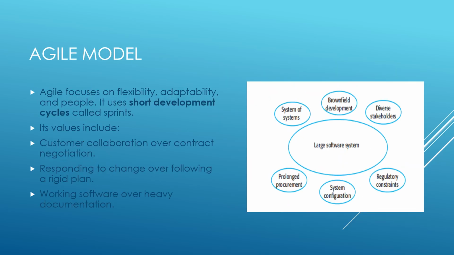The last one is the agile model, which is very popular today. Agile focuses on flexibility and adaptability. It uses short development cycles called sprints. Its values include customer collaboration over contract negotiation, responding to change over following a rigid plan, working software over heavy documentation. Companies like Google, Microsoft, and Facebook widely use Agile because it allows them to quickly release updates and respond to